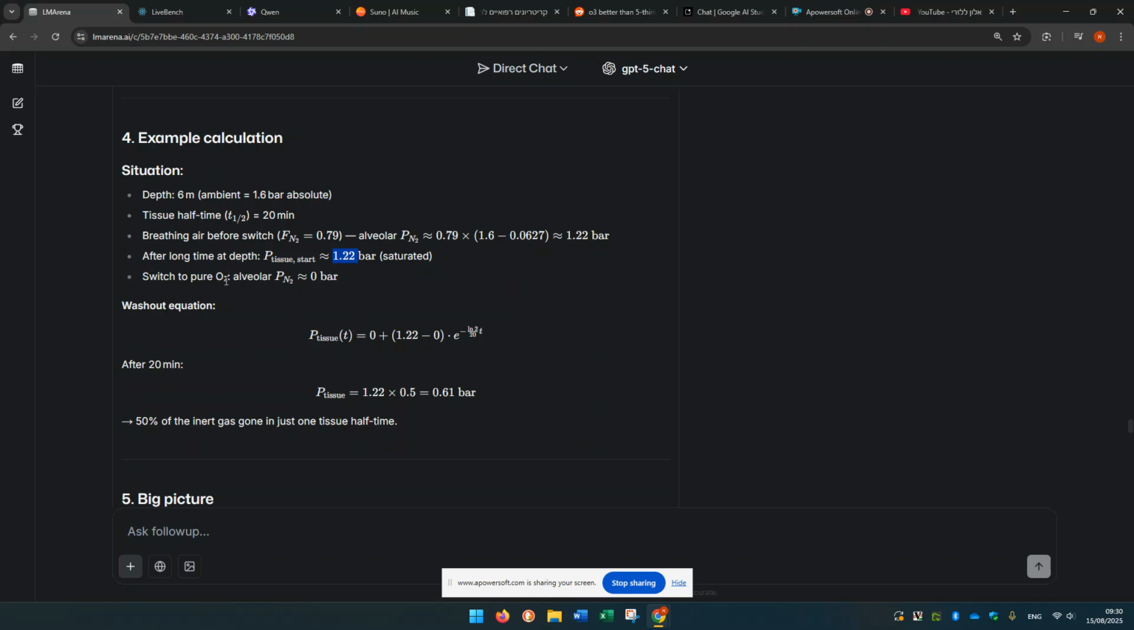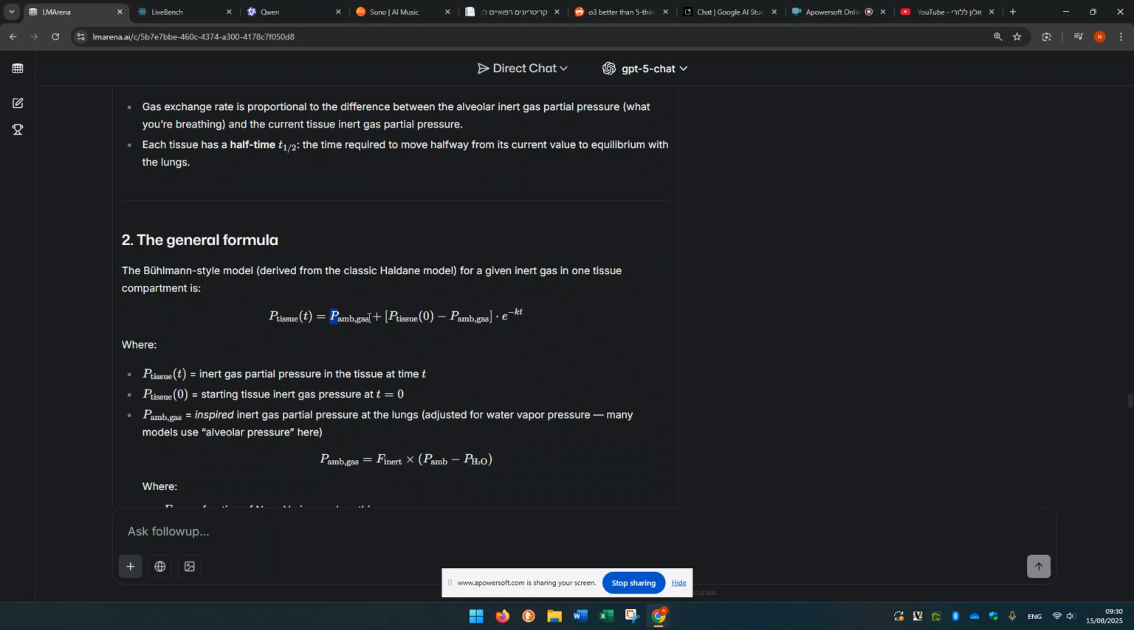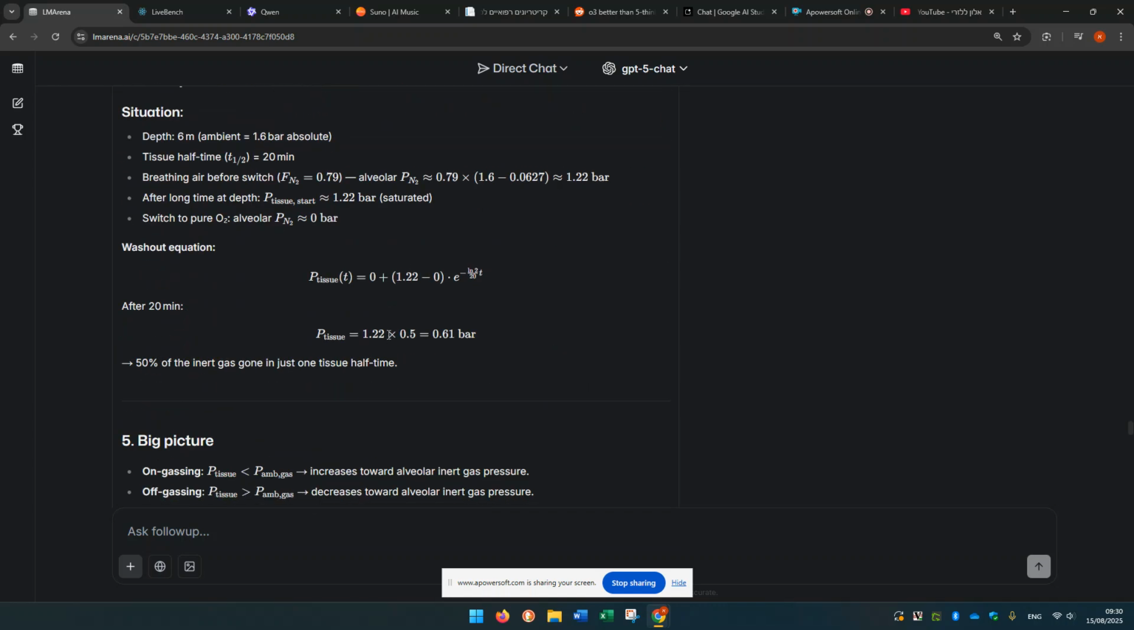Now in the decompression stop, we switch to O2, so the partial pressure of the ambient gas is zero. So this will become zero, and this will become zero. We'll be left only with the starting partial pressure times this one, which will be equal to this one. So we get this formula with those zeros because we're breathing oxygen. So the partial pressure of the gas in the tissue, in this case nitrogen, equals the starting partial pressure